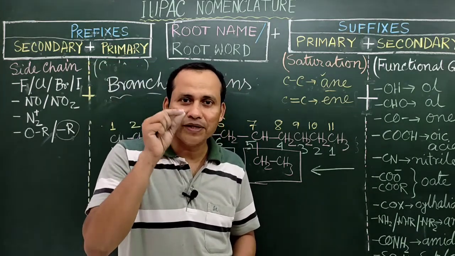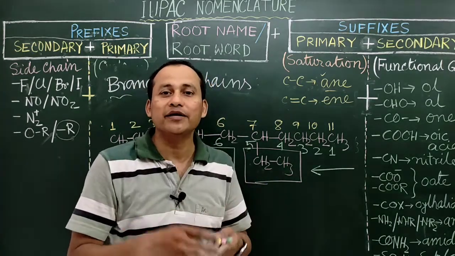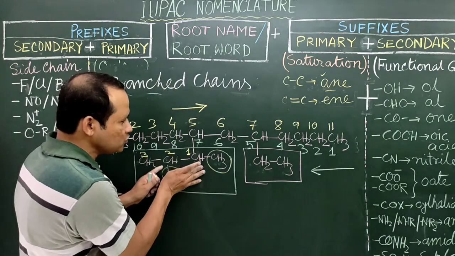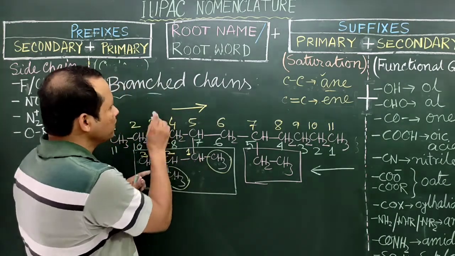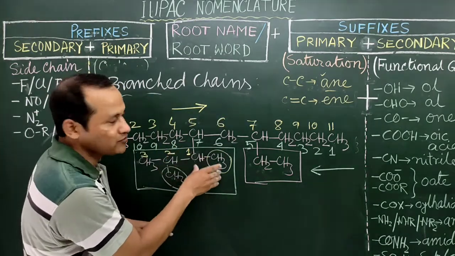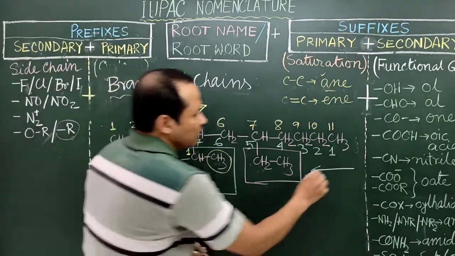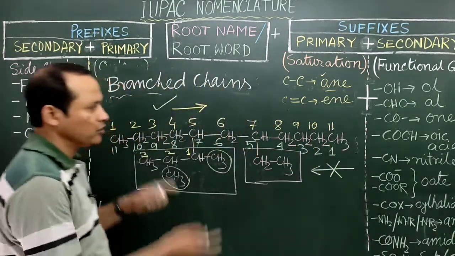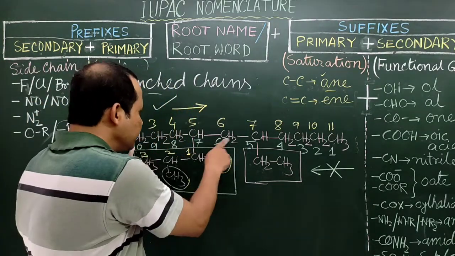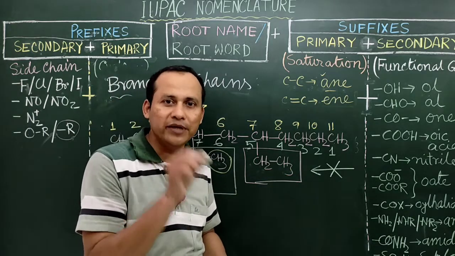So the group is starting with D, and this as usual is starting with E. So since this is coming first, this is to be focused on, and we have to move from that direction where it comes first. So this is the right way of numbering, not this one. And when we shall mention the name of this compound, again this group is to be mentioned first. Okay, so the name will be,